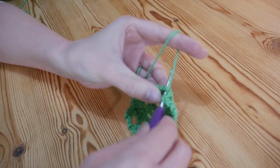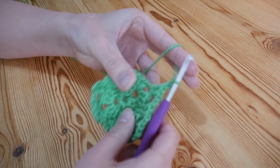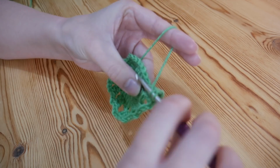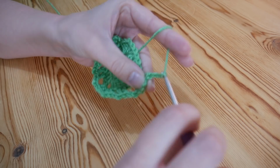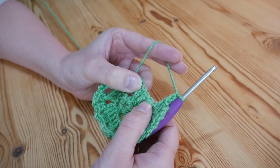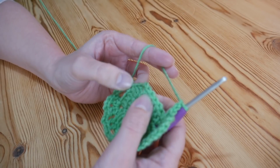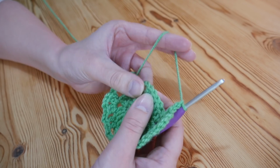So 2 trebles, chain 2, and 2 trebles. And again you'll chain 2, and then you will skip 2 trebles and work a treble into the top of the 3rd and the 4th, chain 2, create your new corner, and I will meet you just as you finish creating your new corner in this final